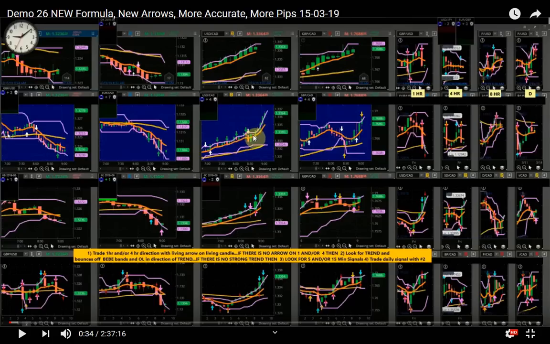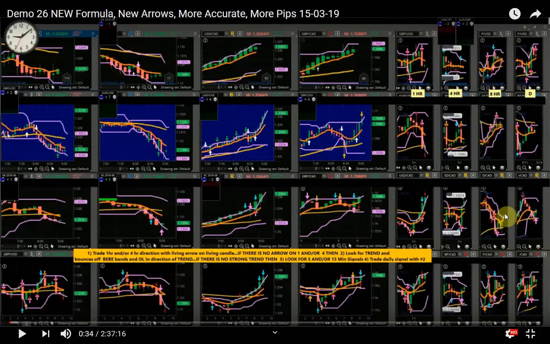This here could have been called a second move, but it looks as though it just touched the orange line here and flew up again. Okay? So that's what you've got to be aware of. This is why I say to you, when you're trying to turn such a strong trend around, and I mean,